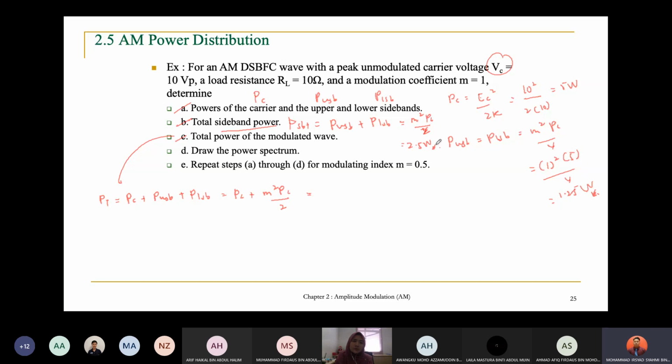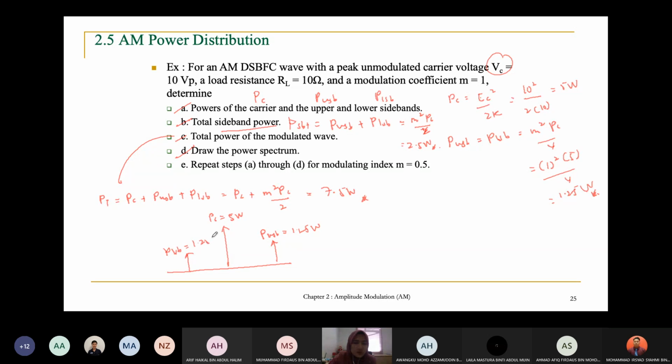7.5 watts. And finally, draw the power spectrum. This is your power spectrum. This is PC, so PC is 5. This is PUSB equals 1.25. This is PLSB